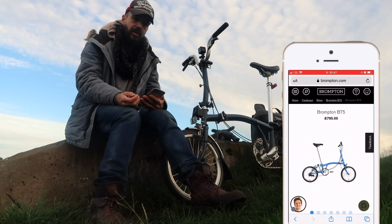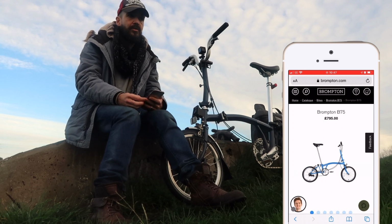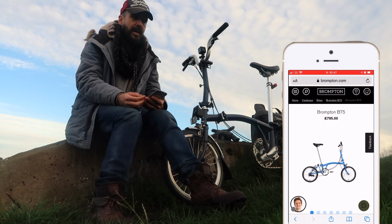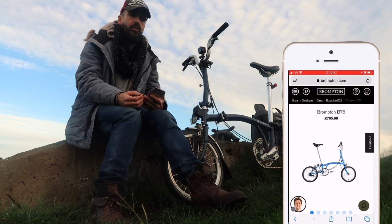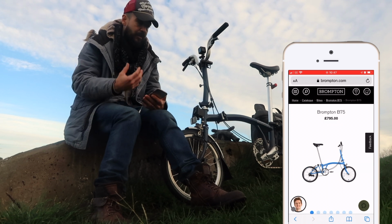Yet online on eBay, these bikes are selling for £800, £900 sometimes. So I think the real question is, are you happy to pay more money for a second-hand bike that's not in very good condition and that you're going to have to fix up as well? And we're in a fortunate